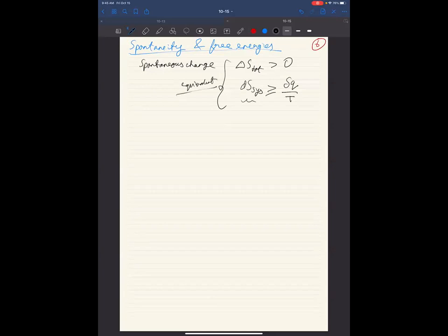But there is still something not so nice about it. There is a Q hanging on the right side, right? We still have to worry about this ugly path function. And I don't want to deal with path functions. So free energies will allow us to, so this was not very nice, not very useful. This one was kind of useful, but it still has a delta Q. Free energies will allow us to express spontaneity